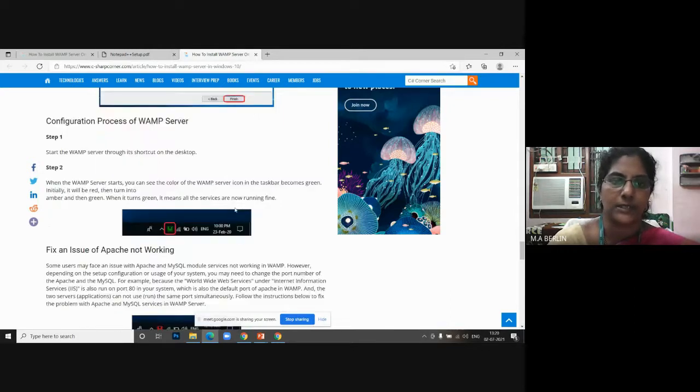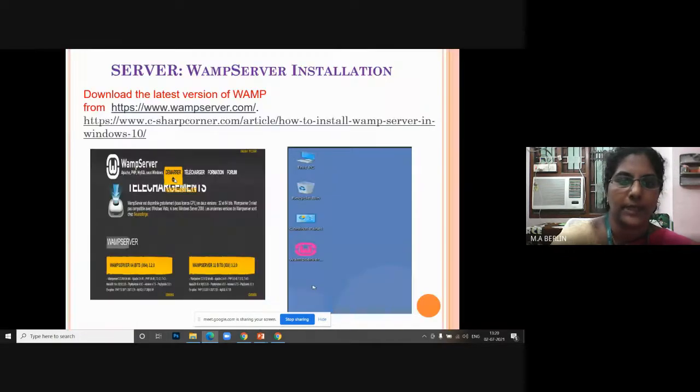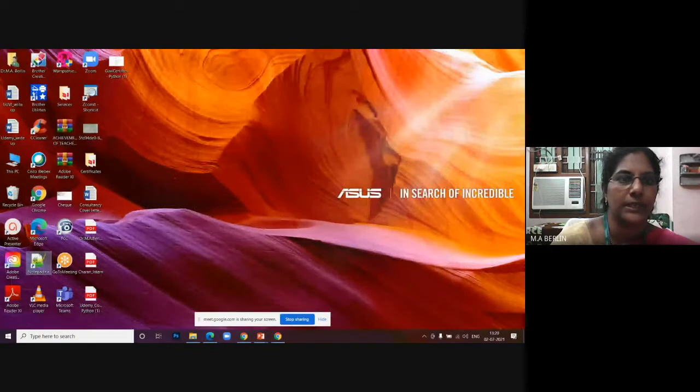Then click finish. Once your installation is successful, you can see here one shortcut icon for the web server, with the symbol W. Like this, one symbol will be there. In my system, I have already installed this, so you can see the WAMP server shortcut icon here.